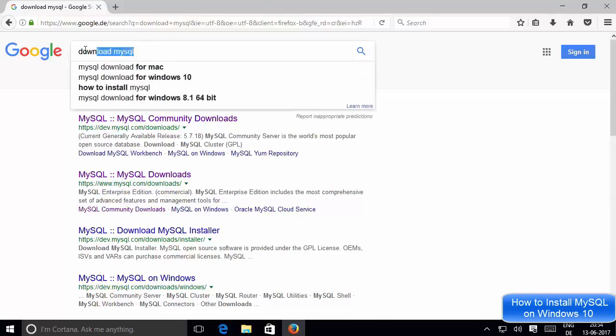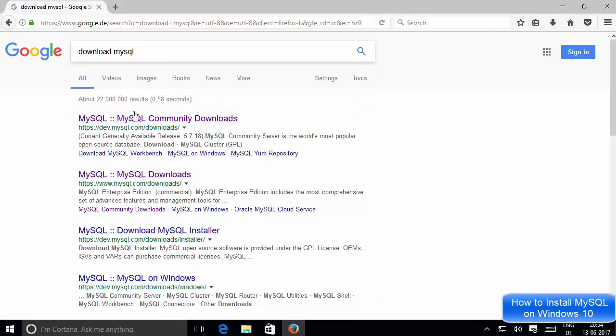Just search for download MySQL and hopefully the first link which will appear here will be from dev.mysql.com/downloads. And if it's not the case, we will see how we can reach that downloads page.